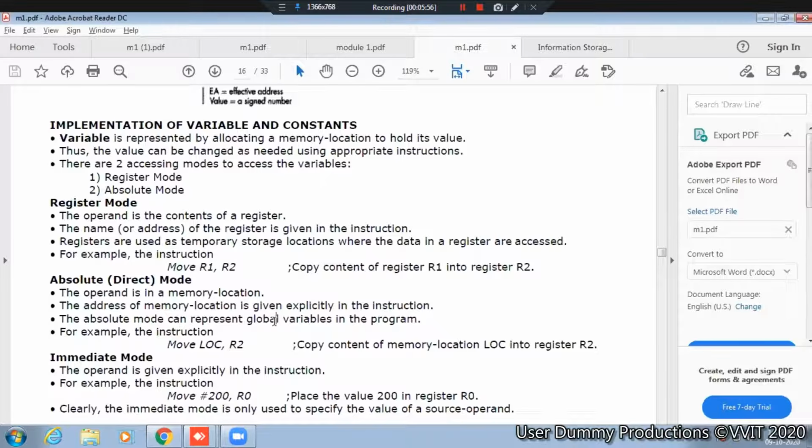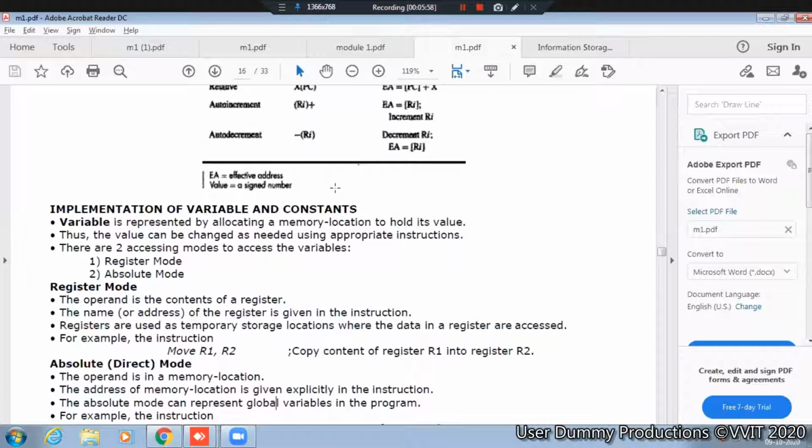Who is telling? Gagan: It shows the value of a particular operand. Now I taught, no? Tell me properly. The operand in the memory location.